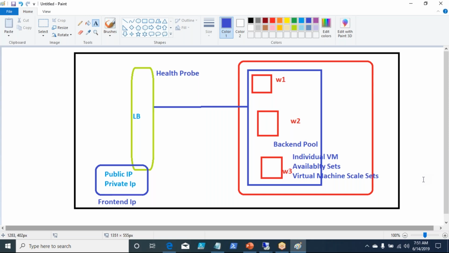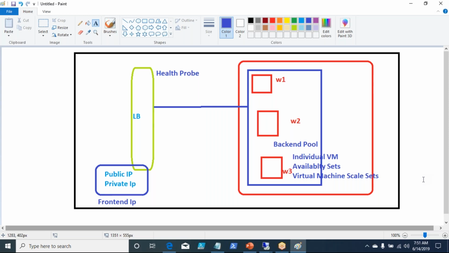So virtual machine scale sets will allow you to scale your virtual machines based on certain conditions. It could be a schedule, it could be some condition like CPU memory utilization or disk IO reads and writes and so on. Or it can be a schedule: only on Sunday I need 5 virtual machines or 5 web servers, right? So that can be done using virtual machine scale set.